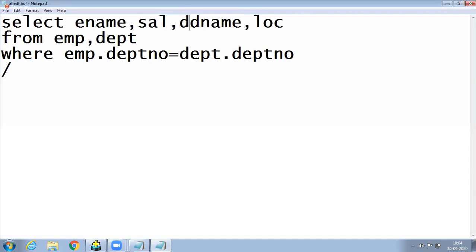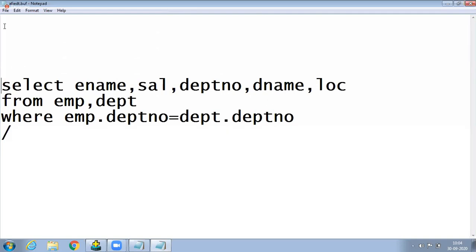But how are you trying to resolve that problem, how are you avoiding an ambiguity problem whenever common columns are displayed? There is another technique. What is that? Very important, very easy. Actually, this ambiguity error also occurs in object-oriented languages like Java, C++, .NET.